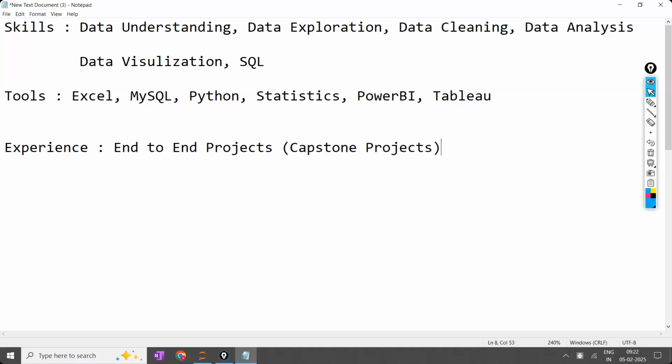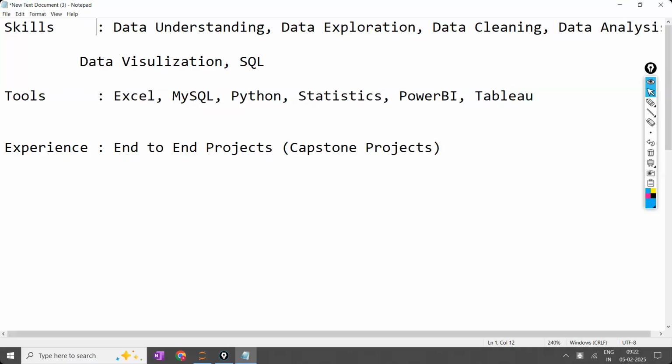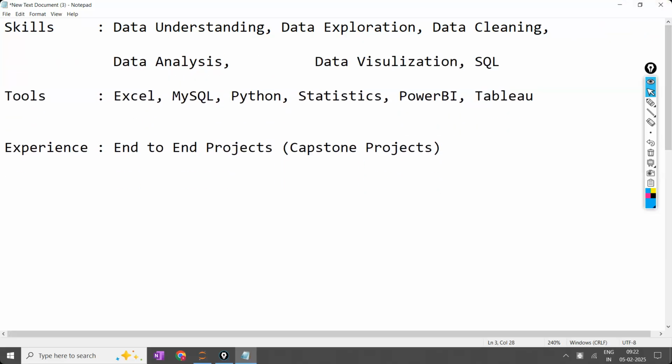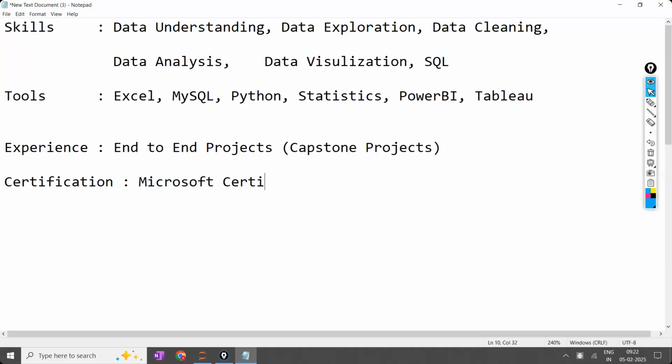data analyst. So these are the skills and these are the tools, and based on them you have acquired knowledge. Based on your knowledge, you have done projects. So one is skills, tools, experience, and since you have the subject, someone is going to evaluate you. That is called certification. Here you are going to do the Microsoft certification in Power BI.